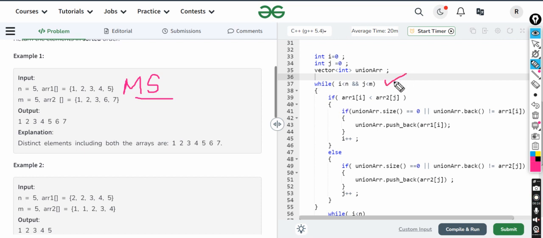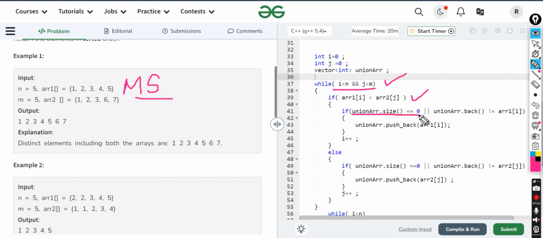First we just iterate from i, and we are comparing whether the ith index is less than n or the jth index is less than m or not. See this, what we are inserting now. First we have to compare that the element of i should be less than j, because if it is greater then the else part would be there, where we put it in sorted order. So if the second element is greater, first we'll put that. If the first is greater, we'll put that. So we are just checking which element is greater.